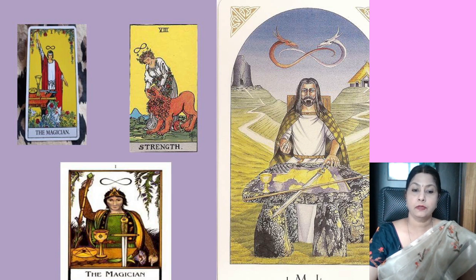The third picture is of the magician, and if you look closely, you can see a five-pointed star on the table. It simply means that this person can now control the five elements of nature. And in the last symbol, you can see a person holding a sword in his hand, and he has the world map in front of him. It simply means that this person, because of his access to higher power, can now rule the world, and he is now the king of the world.